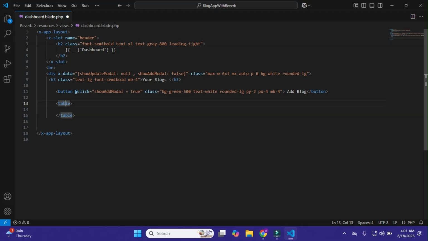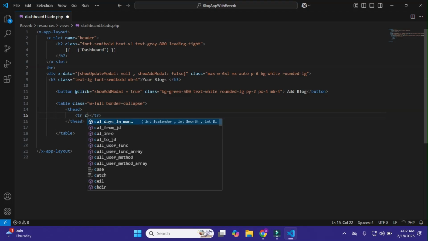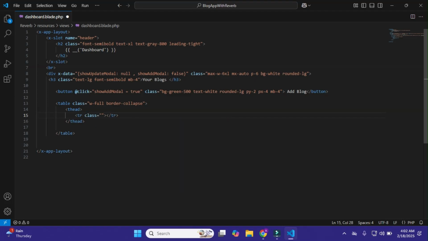Okay, so table, I'll give class full, just this, and after it I'll add here thead, and after it tr, and within it I'll give it class bg-gray-200. Okay, that's it.